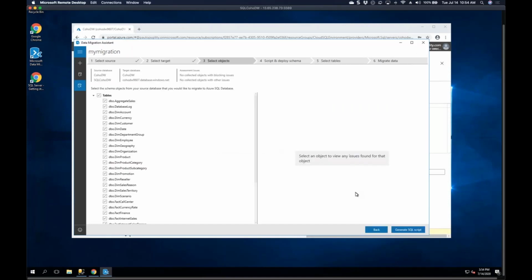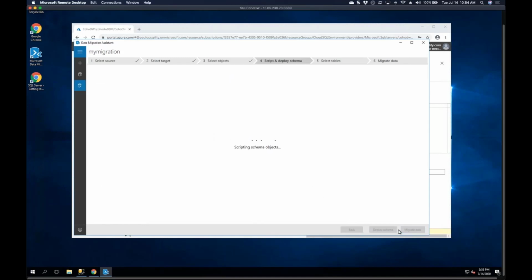And it should prepare the database schema. Now, if it found any issues in the schema, it would flag them right here. In my particular case, it doesn't. But there are situations where you might have incompatibilities in the schema, and you'll have to fix those before you migrate. If you're in a testing phase and it's a relatively unimportant database, you can always unselect the table that has the compatibility issue in the schema. So I'm just going to migrate everything and then generate SQL script,